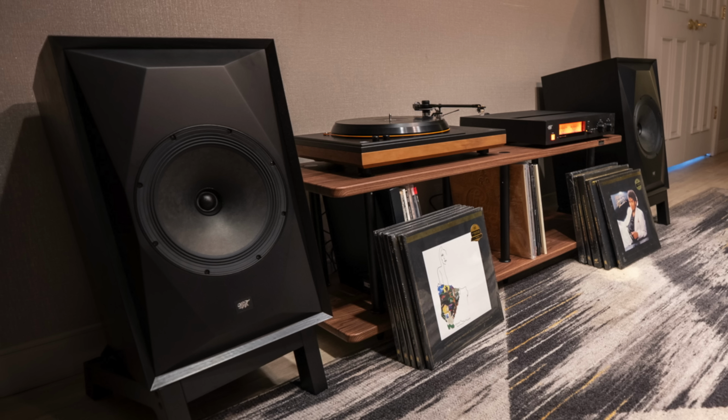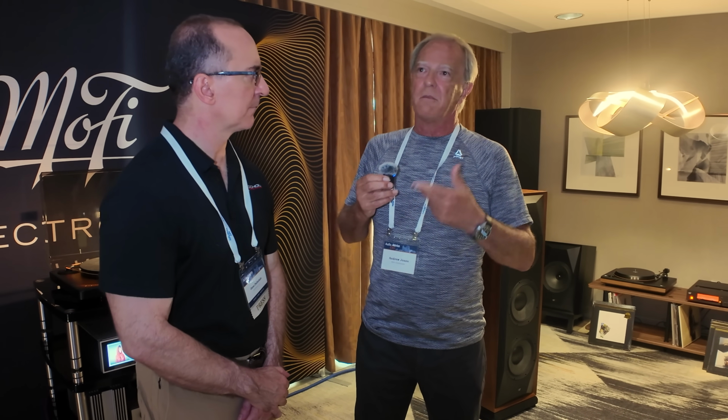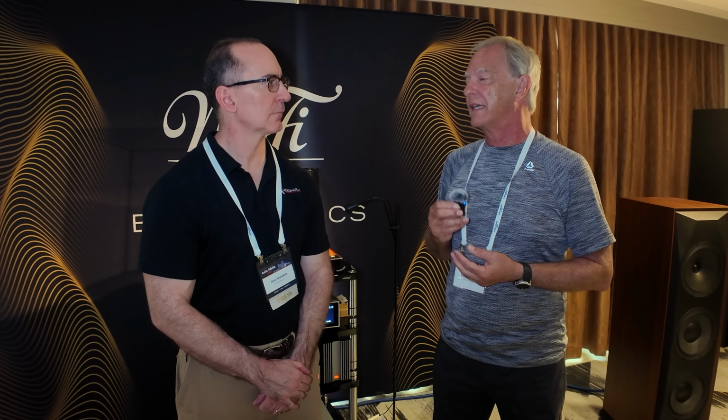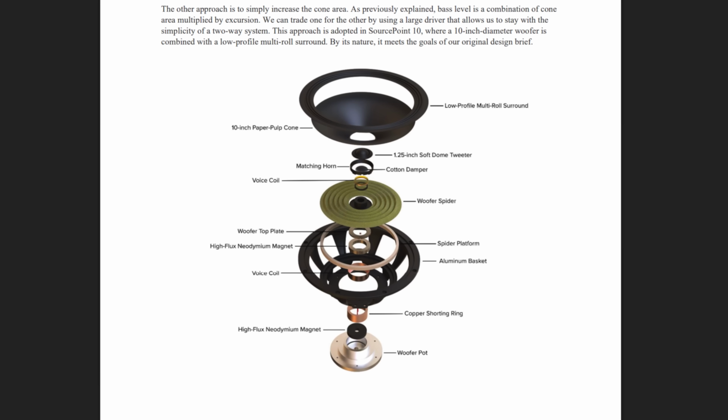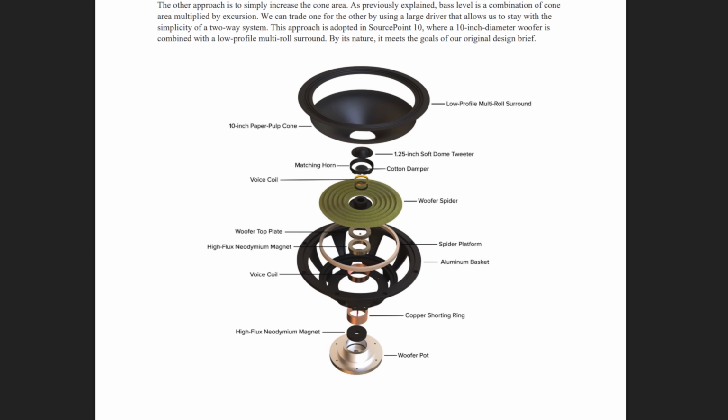But when you're looking at what materials to use for the cone, when you get up to 10-inch, that has to go up to the mid-range. And you look at all these exotic materials, they can't reach the mid-range in that kind of material. Because they're too heavy? They're heavy, and they break up violently, and at that size you can't keep the breakup modes high enough outside of the crossover point. If you were doing a compression driver where you could cross over at 800 hertz, maybe, but I wasn't. I was going to do a soft dome tweeter. So I tried different materials. Paper worked best. So I tooled up, I make my own cone, my own surrounds,